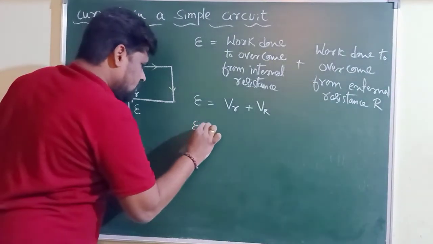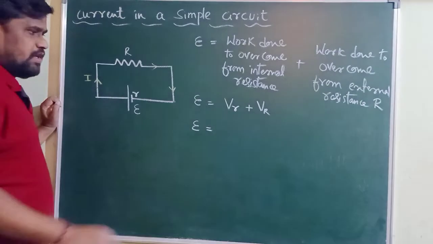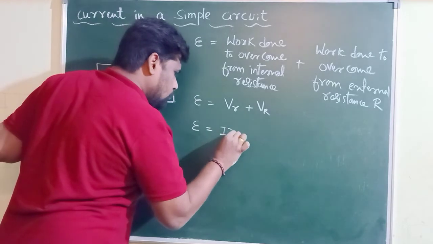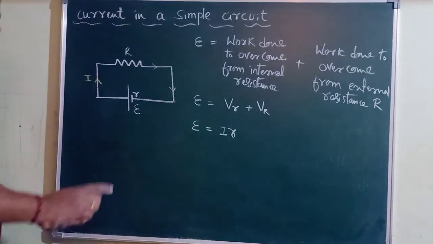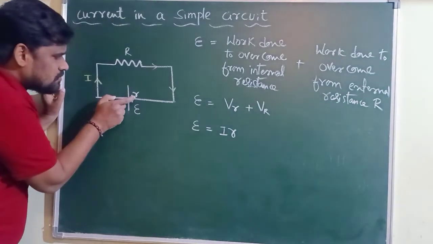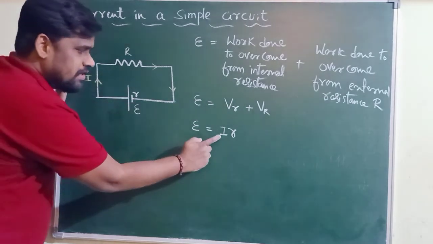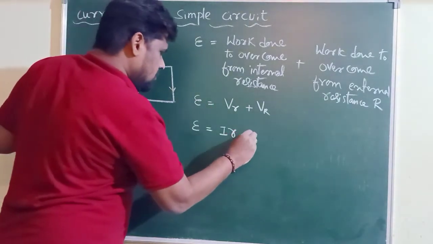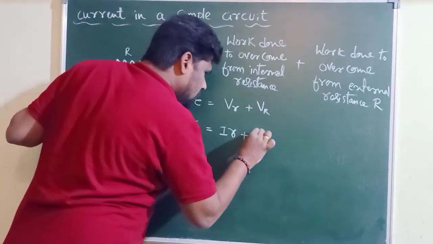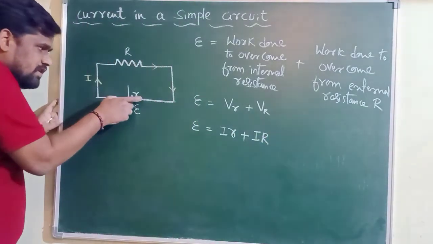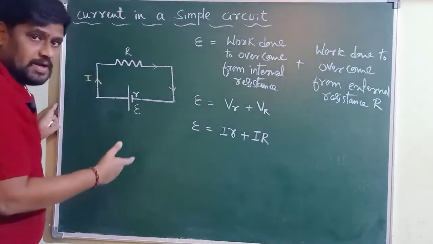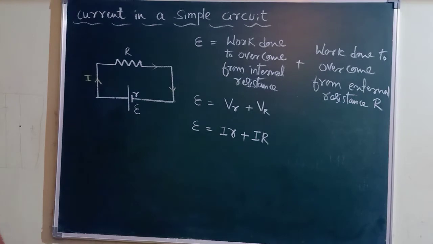Further, the same current is flowing here. Therefore, V suffix small r is numerically equal to I into r according to Ohm's law. According to Ohm's law, potential difference is the product of current and resistance. Here the resistance is small r, current is I, therefore it is given by I into small r. Here the current is I, but the resistance is capital R, therefore this should be equal to I into capital R. Here the potential difference is I into small r, and here the potential difference is I into capital R, because the same current is flowing through the circuit here.